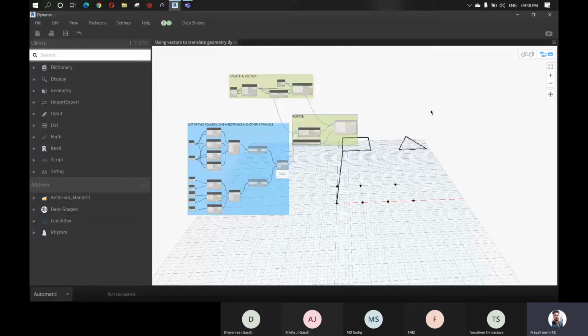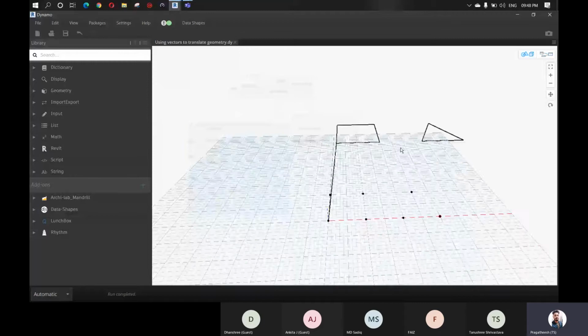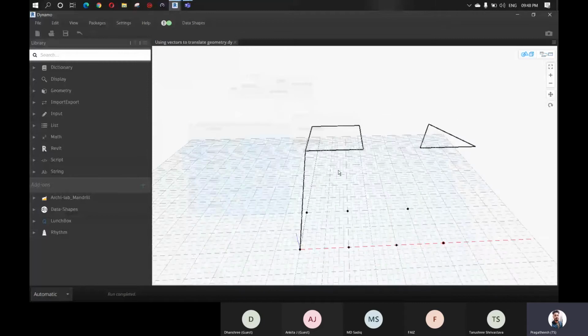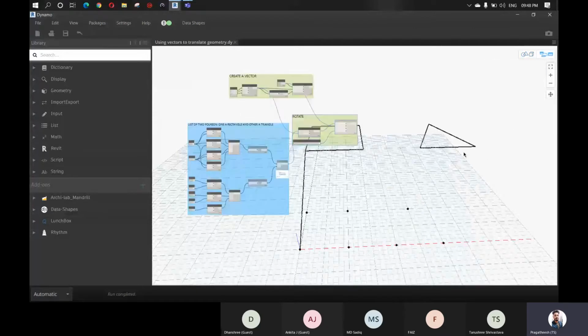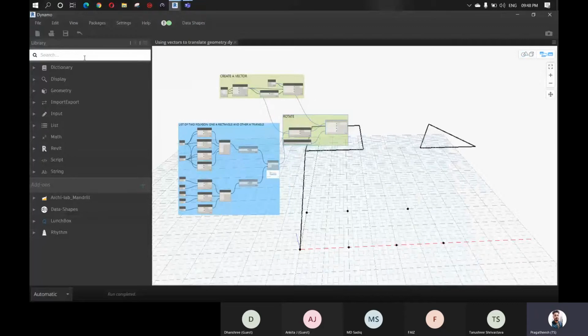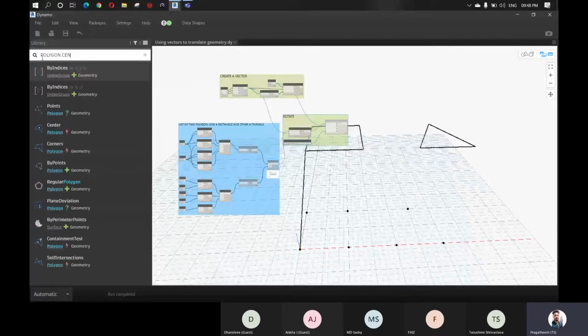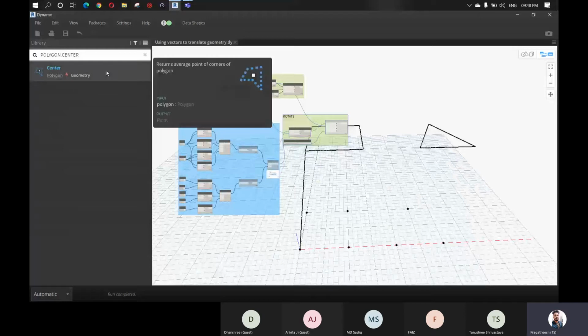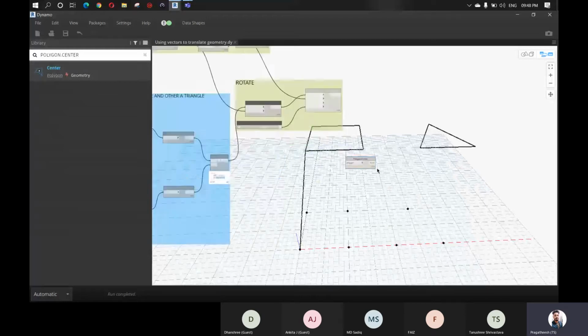Okay, so as of now, both the polygons are rotating around a single axis, right? So let's say that you want to rotate these polygons from their own center axis. For that, first you have to extract the center point of these polygons. So search for Polygon.Center. What it says is, it returns the average point of the corners of the polygon, right? So you can use this node